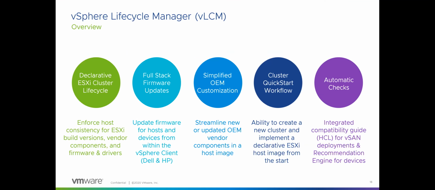The foundation of all this is a desired state model, a declarative ESXi cluster management framework that allows us to enforce host consistency and make sure that all the hosts are compliant. We'll dig into what that means and what it looks like in the UI. This is about the ESXi build version, the ESXi base images, but also vendor components